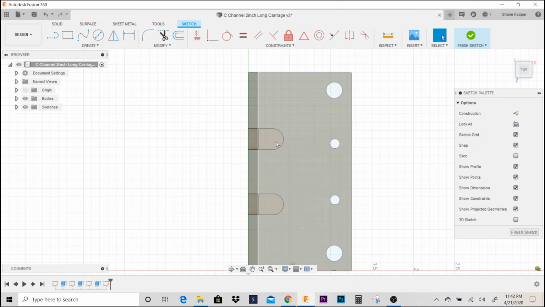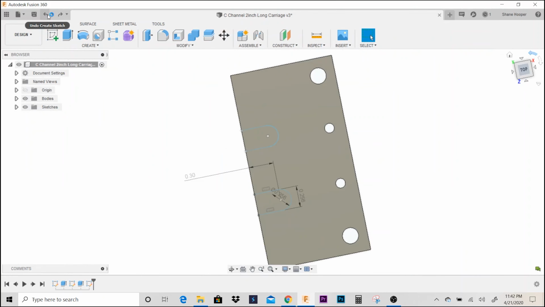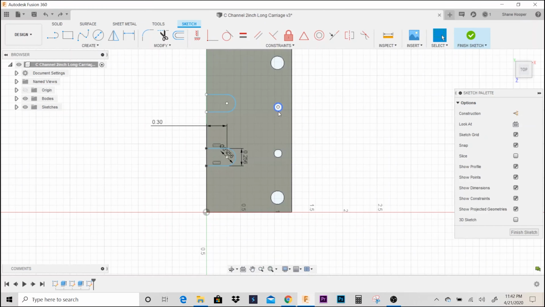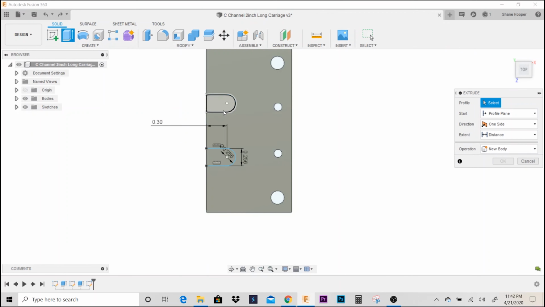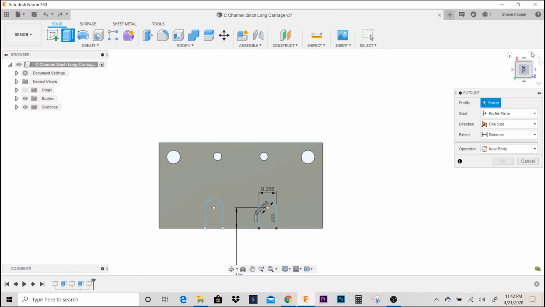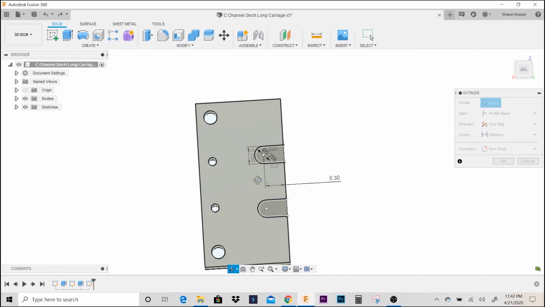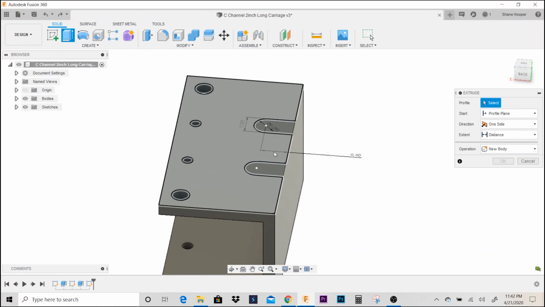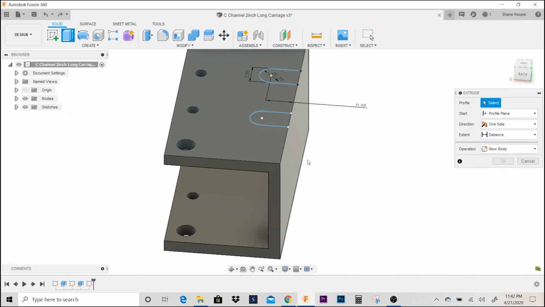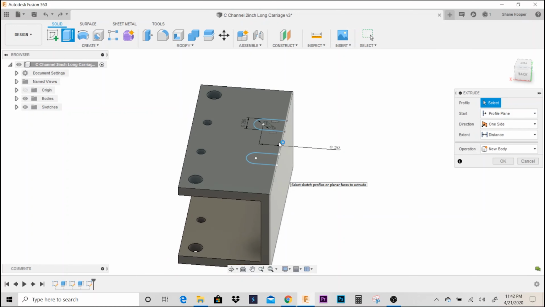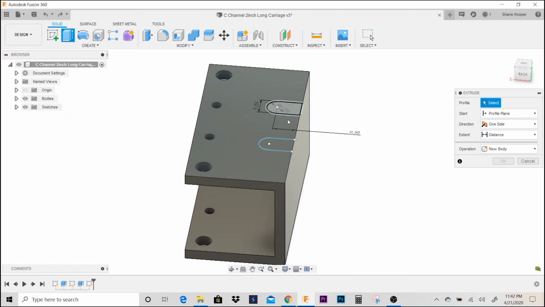You know what, hold up, let's hit undo. Okay, so I'm going to undo that. One thing I could do is, let's re-rotate that. So if you look at my model right here, I want to go 1/8 inch deep, but this radius part of the slot, I could actually extrude that all the way down, so I don't have to redraw this twice, right? So what I'm going to do is